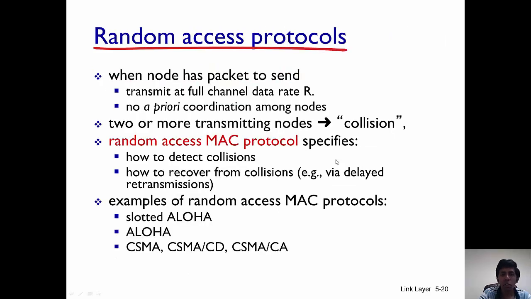Now, channel partitioning protocols are pretty simple, where you just divide the channel and then allocate those resources to the different users. Now, the other kind of protocol that we look at is random access protocol. And why you might think of a random access protocol is that not all users have something to transmit, right? So in the previous example, 2, 5, and 6 had nothing to transmit. So in a random access protocol, when a node has something to transmit, it could get access to the channel and then transmit it.